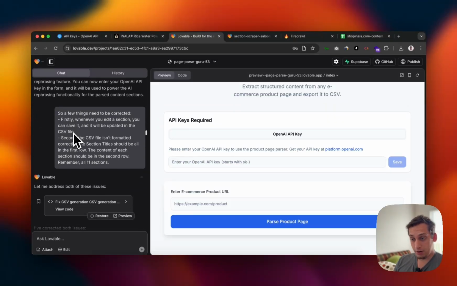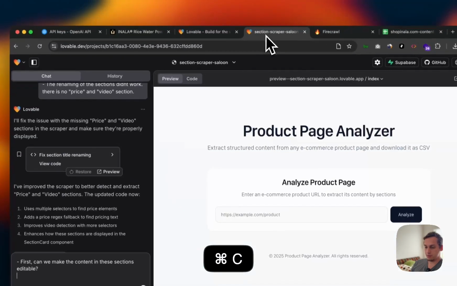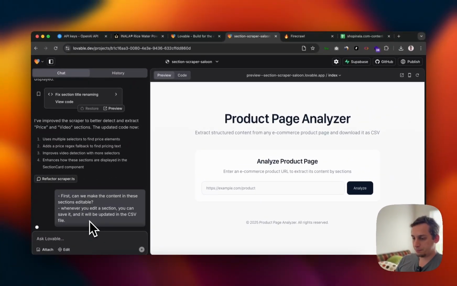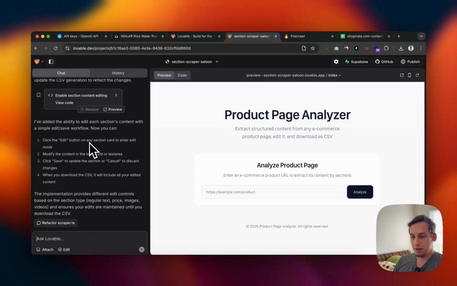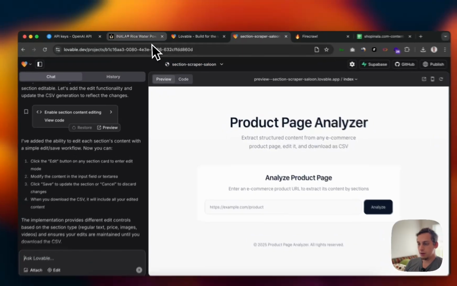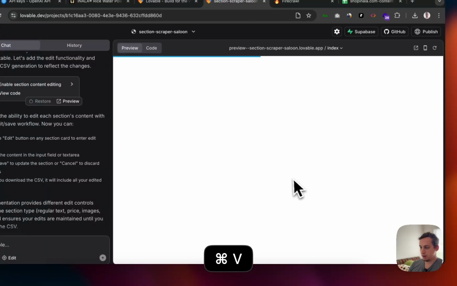And now what I want to do is, whenever you edit a section, you can save it and it'll be updated in the CSV file. So let's just add these two things in the prompt and see what it cooks up. Okay, so Lovable has basically added the ability to edit each section's content with a simple edit save workflow. Okay, so let's go here, copy this again, paste this over here,